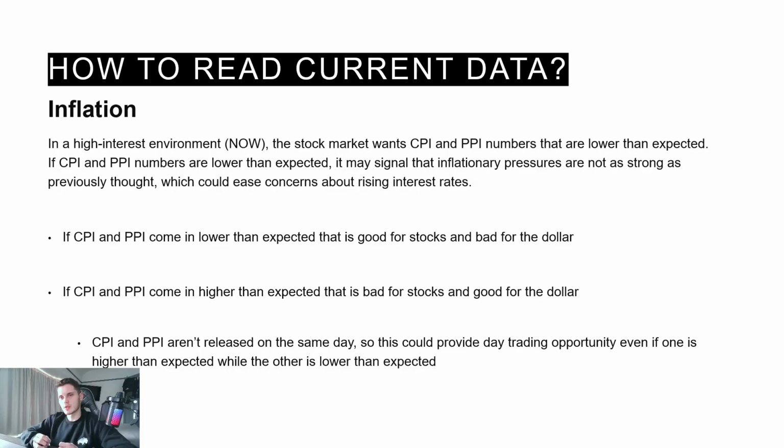Now, if you're a swing trader, if these both come out under expectations, it's going to give you more confidence in that trend and potentially the stock market going up, and if you're trading FX, coming down. So that can be really beneficial. It may be a bit harder as a swing trader though if they come in differently. If CPI comes in, for example, less than expected and PPI comes in higher than expected, that could create some confusion and could potentially make those swing trades harder to execute.